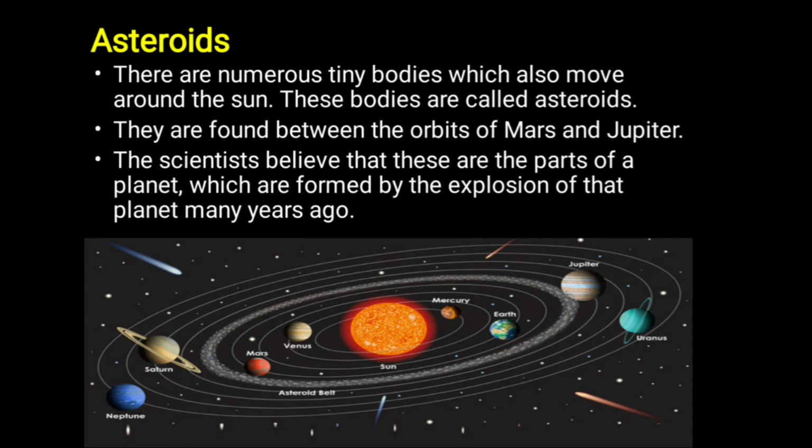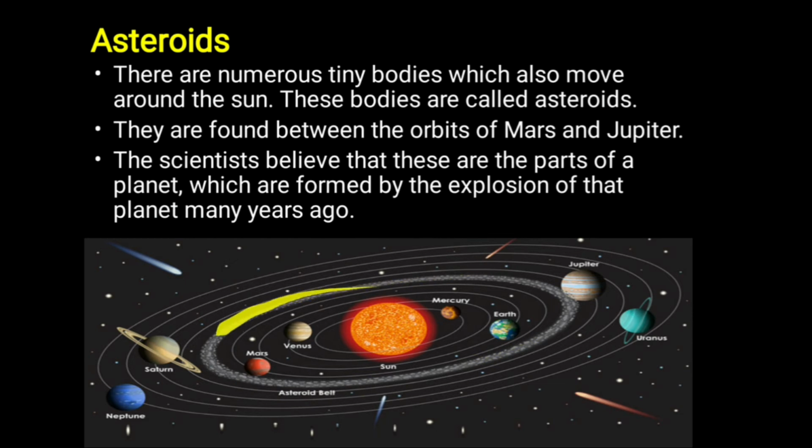as asteroids. These are found between the orbits of Mars and Jupiter. You can see here this is planet Mars and this is planet Jupiter. Mars is the fourth planet from the sun according to its distance, and Jupiter is the fifth planet from the sun according to its distance. So Mars and Jupiter are neighboring planets, and between Mars and Jupiter there is a belt of tiny bodies